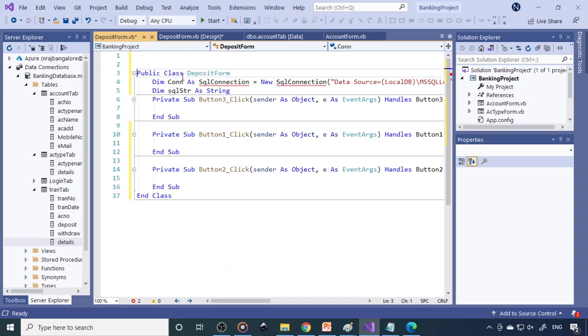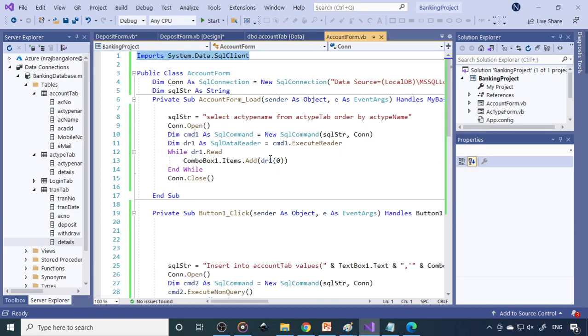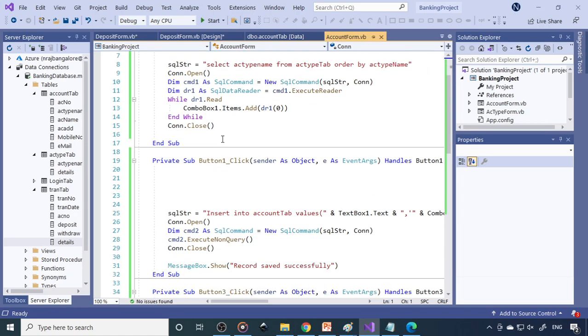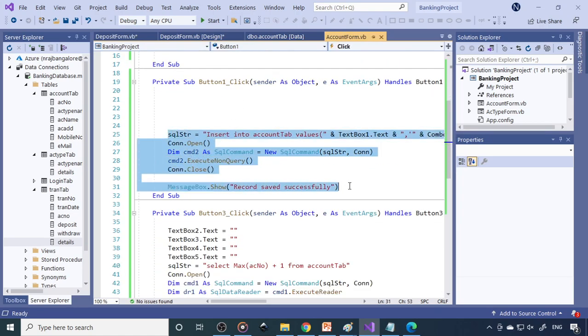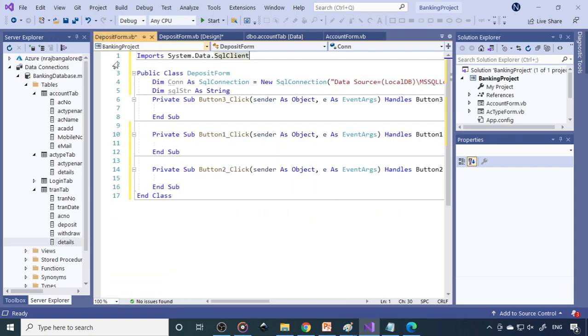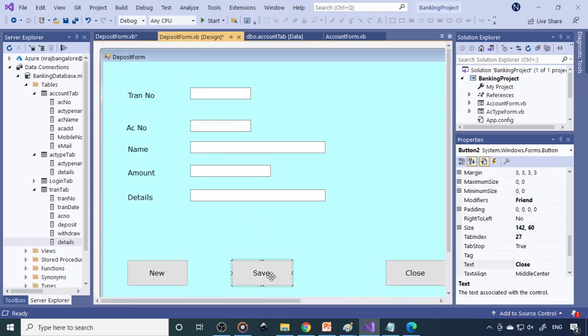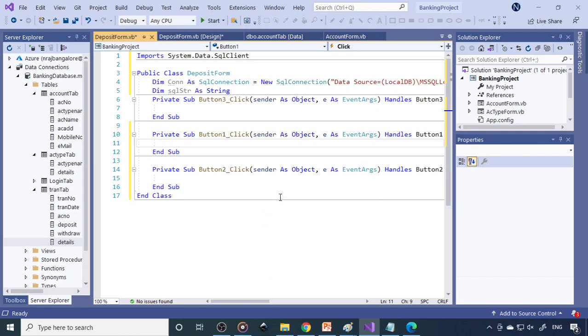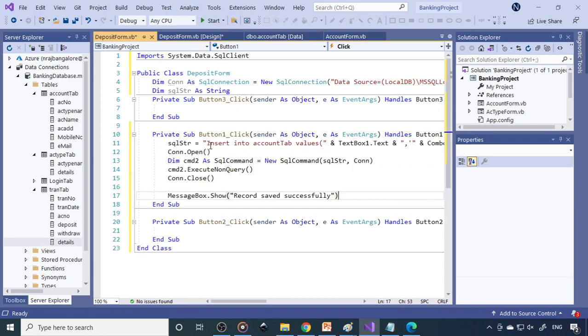That import statement has to come at the top. Now the load event is not required, leave that one. So this is required, this is to save the record. So save, this is button 1. If you give the button names, that will be easier. Next time I'll show you how to give a name for each button.